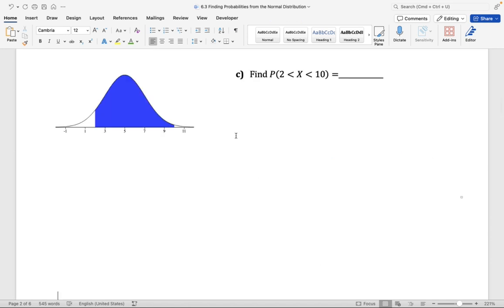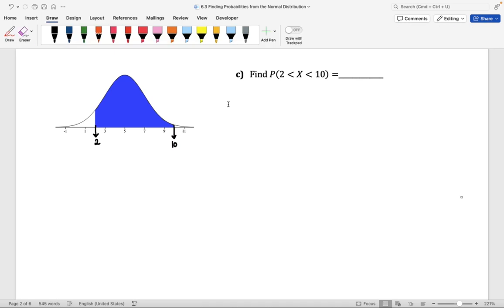We're going to consider one more example. In this example, we're finding the area between two x values. Here, we're finding the probability of x being between 2 and 10. Now, this one is going to be a little bit more tricky, but let me explain what we're going to do. We're going to use the function on Excel. We know that the function is going to give us the area to the left of the x value we enter into the function. We're going to first say, let's find the area below 10.